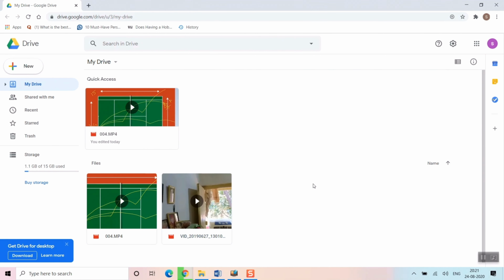So friends, that is it. I hope this video was quite useful in these days when you have to share, or many times feel like sharing large files. You wish you had a larger space for sending through mail, but if it is not mail, you can always follow this process and send large files through Google Drive.